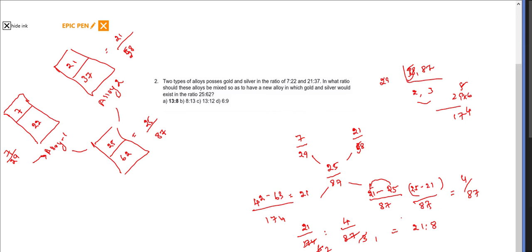So this is 21 is to 8, right? We are mixing 21 parts. So what is asked here is to have a new alloy. In what ratio should we mix these alloys so that